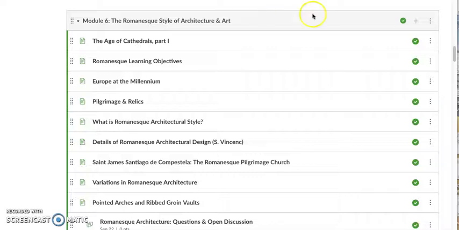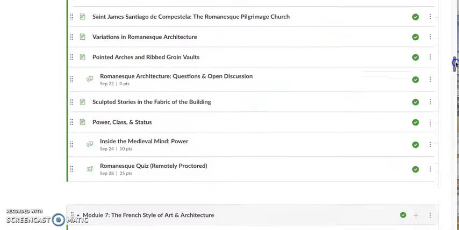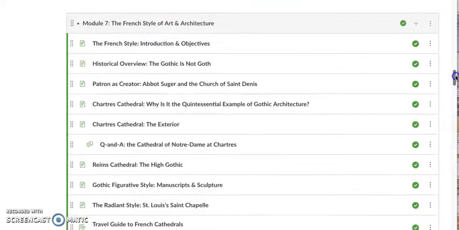Hi, so here we are on Monday, September 28th, the end of the month, and we're sort of in a turning point with our learning, and I wanted to walk you through that in terms of what we're doing and the pace and flow of those tasks. So you're moving from Module 6, Romanesque style of art and architecture, into Module 7, the French style of art